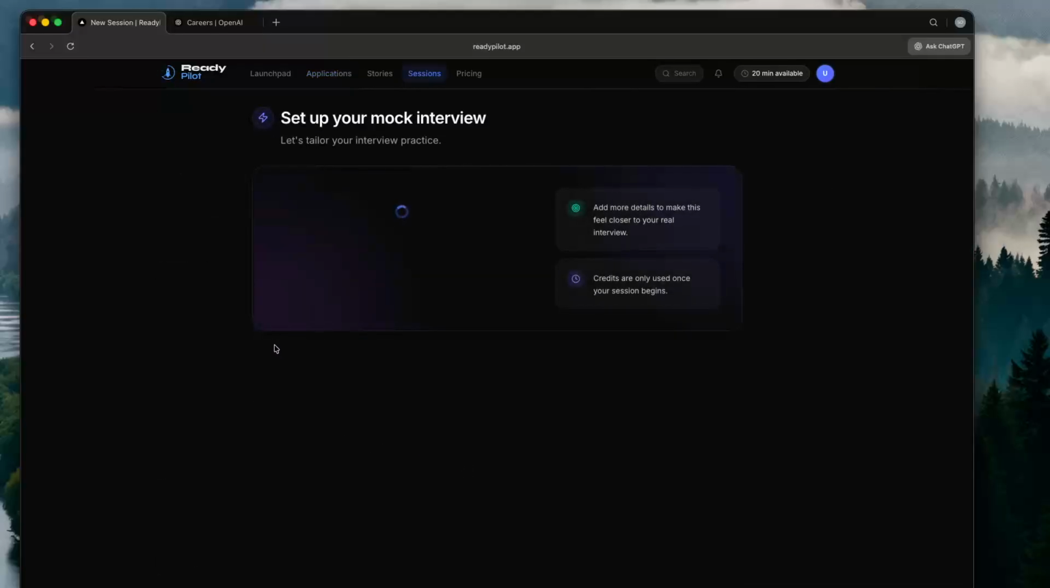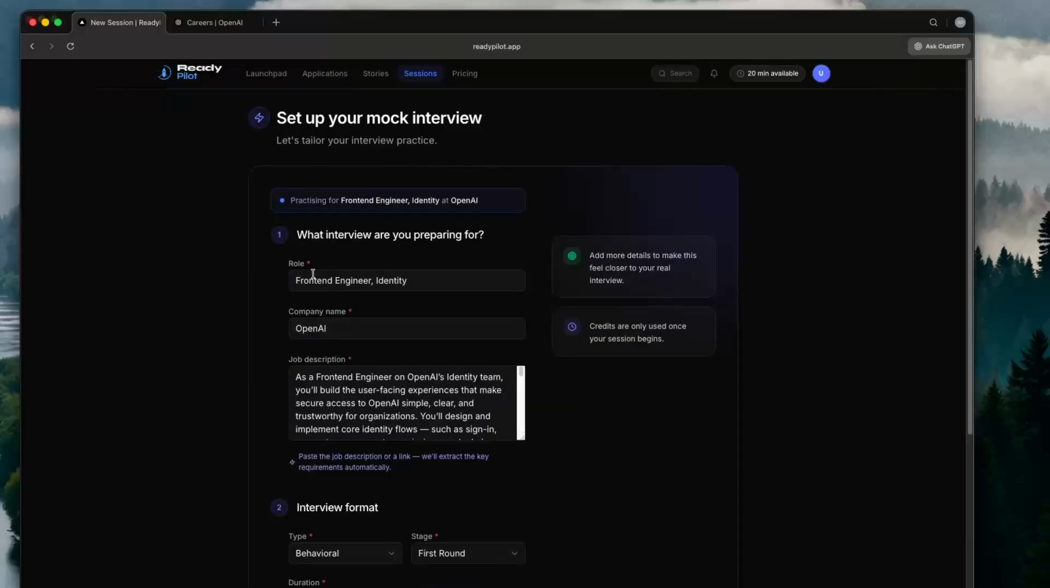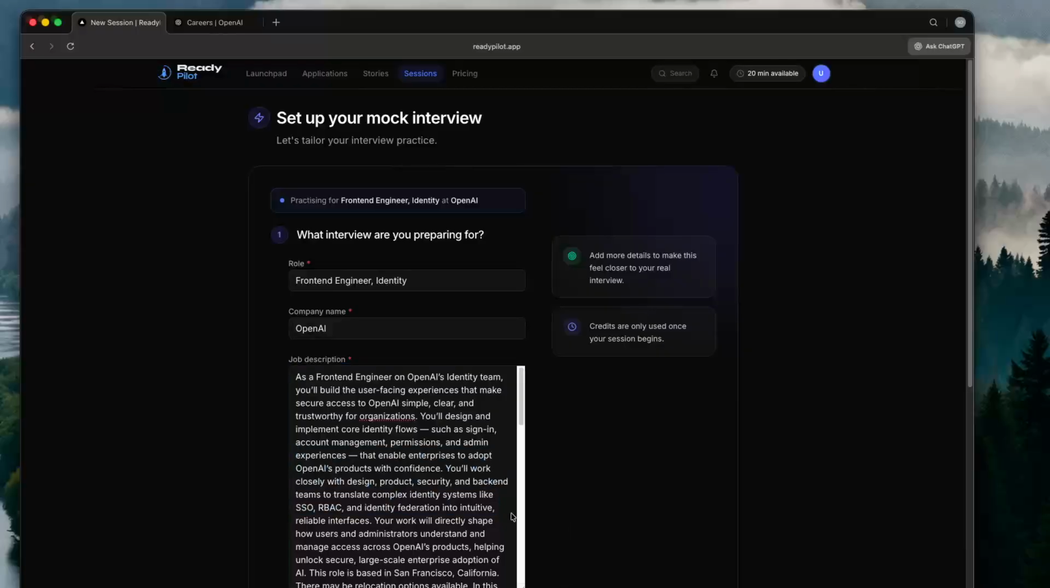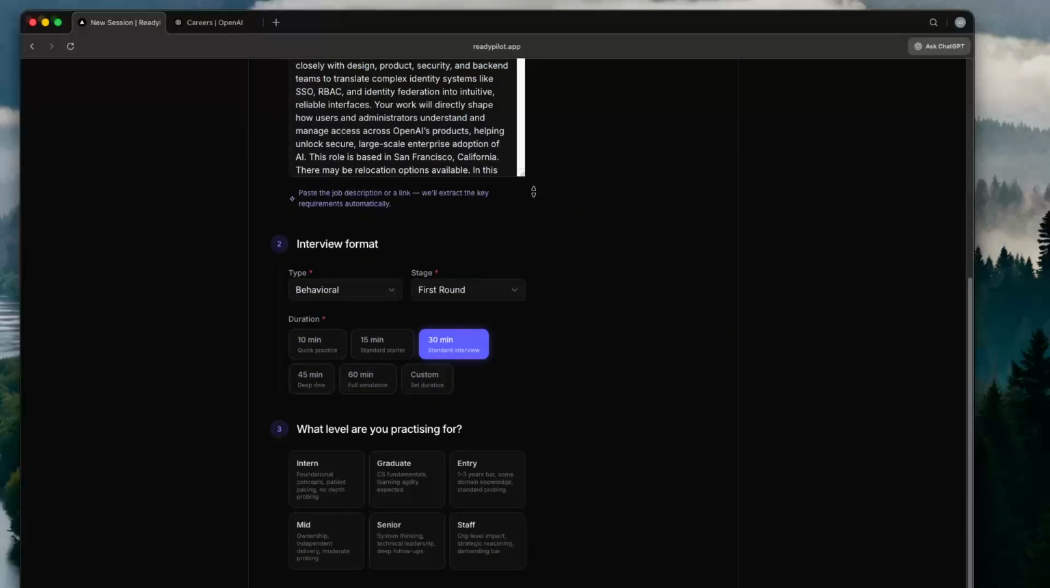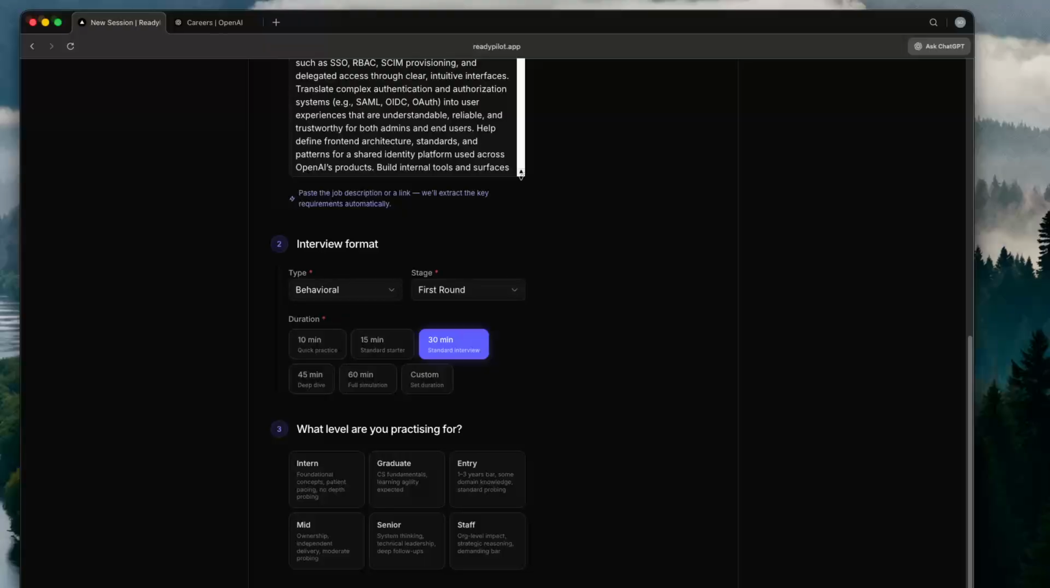So I want to practice for this role. Say, for example, I'm applying for a front-end engineer role at OpenAI. This is the job description. So this is the actual job. This is the job description, right? So you can